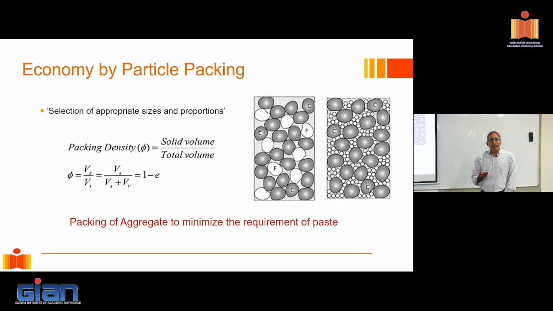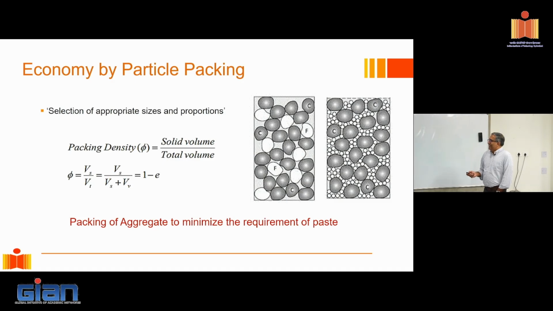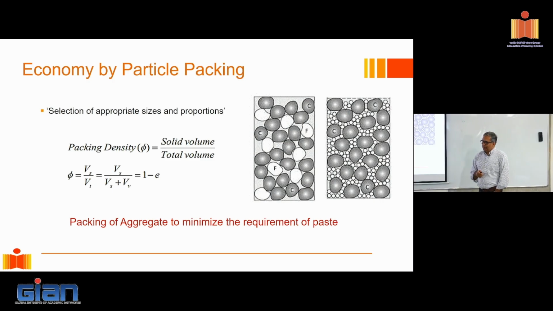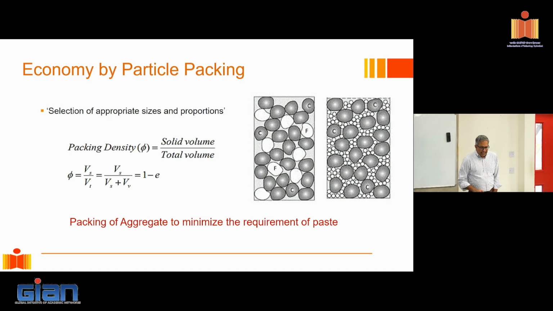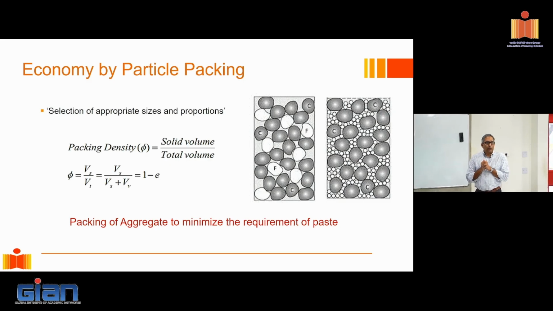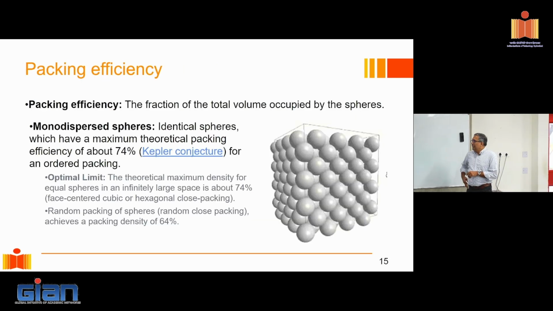So if I go to concrete at the basic level of discretization, all the solids here are the aggregate. The light gray here would be paste. If more space is available for light gray, more the paste consumption, concrete becomes more expensive, right? So my objective with this packing would be to play around with the aggregates, decide on how do I maximize my packing density. That is what I'd be after. What are the rules that we typically follow?